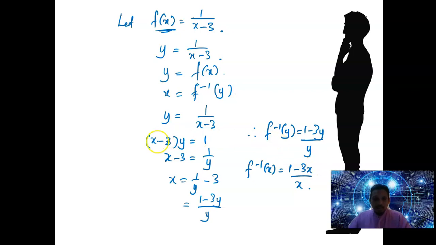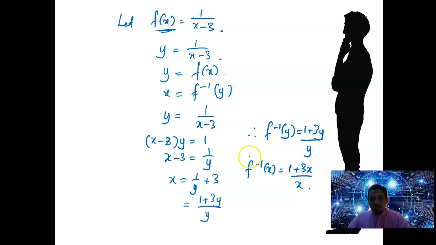Wait a minute. Okay, x minus 3, y, 1 here. Okay, divided by y. Okay, negative, bring it here because supposedly positive, sorry. Positive, positive, positive, and positive. So this is